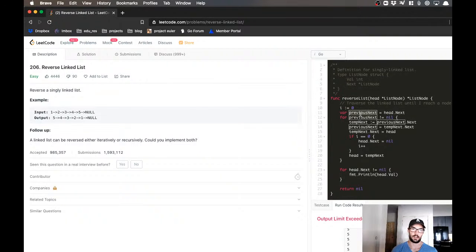So let's say save forward next. This way I'm going to preserve the ability to go down the list. So I'm saving the next node so I can jump to that node. And then I'm saying, okay, so while the save forward next is not nil,